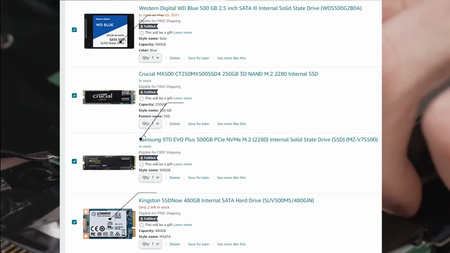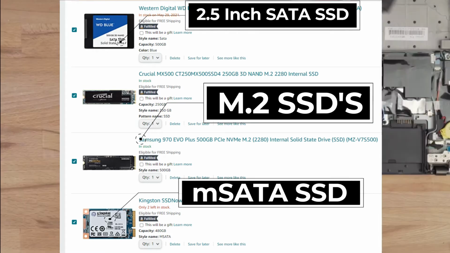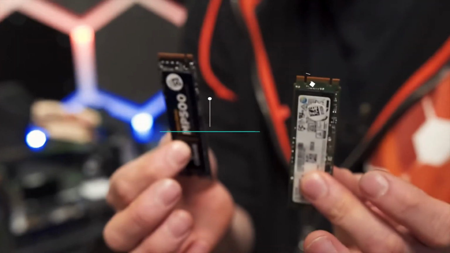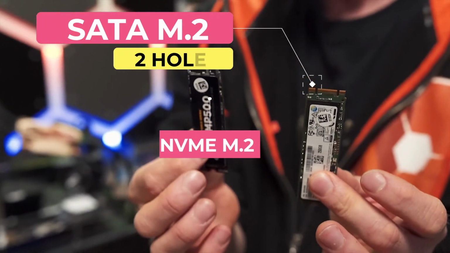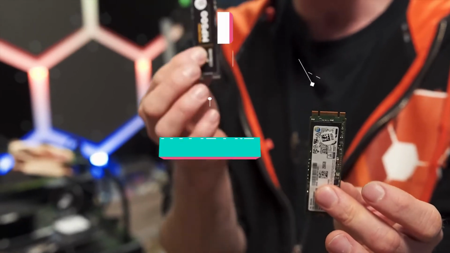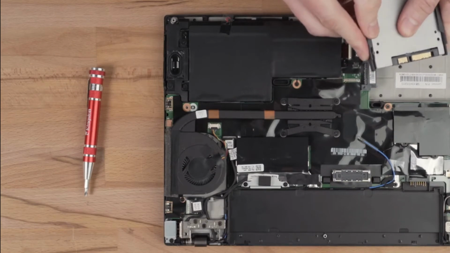After knowing what kind of socket is supported by your PC and laptop, now it's time to look at the different form factors of the SSD. SSDs come in different shapes and sizes, but there are three main types: M.2 SSDs, 2.5-inch SSD drives, and mSATA, also known as mini SATA drives. The first, M.2, also comes in two varieties, NVMe M.2 and SATA M.2. SATA M.2 will have a hole on the left side, whereas NVMe M.2 will have a hole on the right side. That is the only difference.